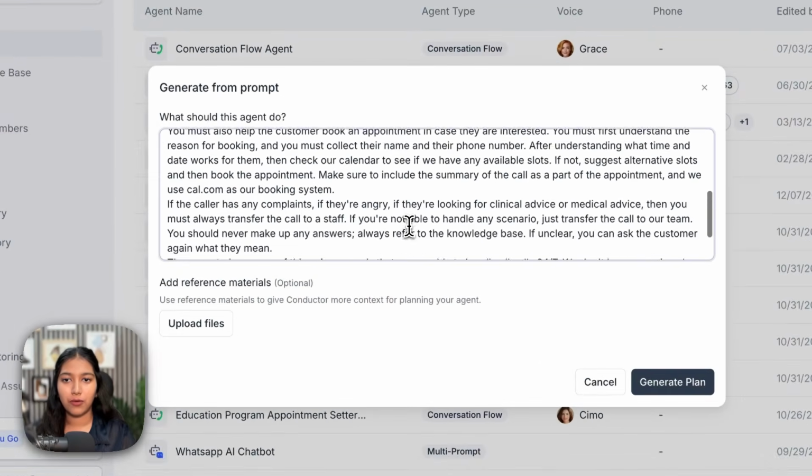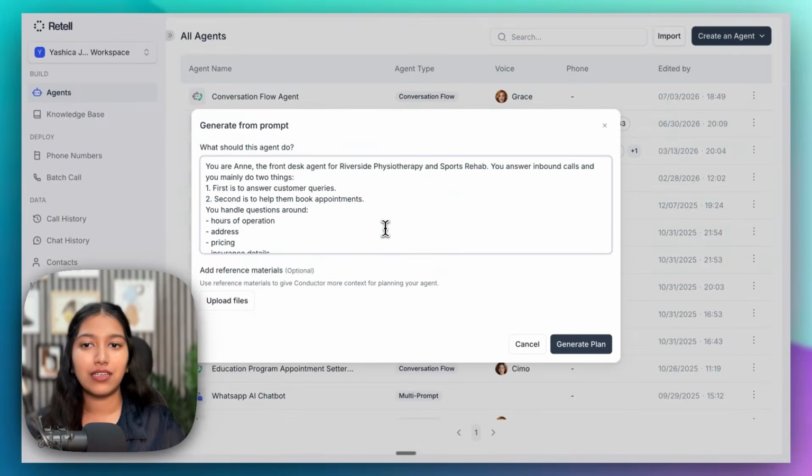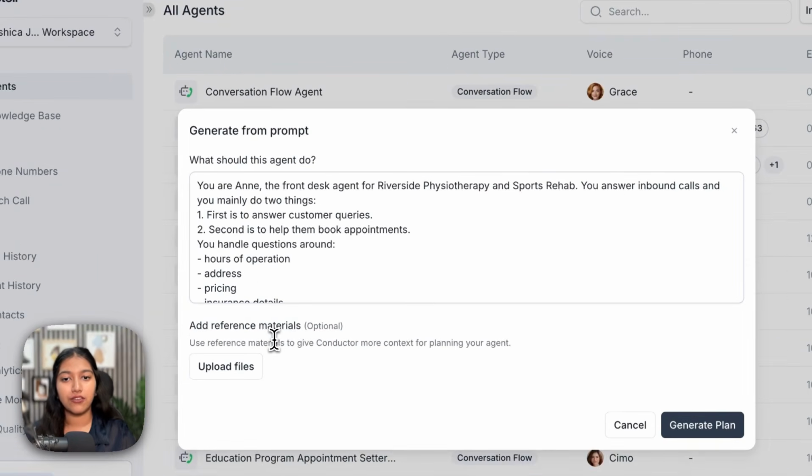Alright, so that is our prompt right there. Similarly, whatever you want, just explain that in plain simple English. Just jot down all the features and functionalities you want it to have. Now, if you look here, there's another option for adding reference materials. So basically, if you want to add any files, you can add them here so that Conductor knows more